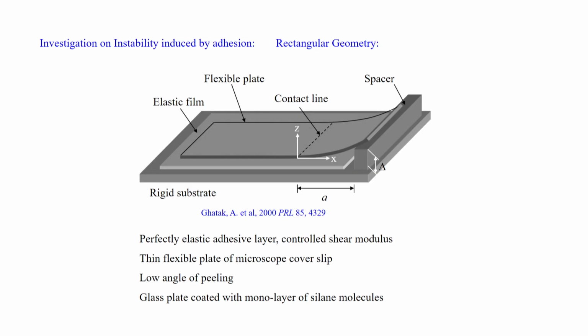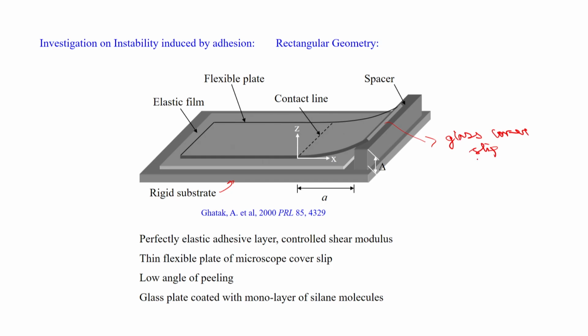I will now go into the instability, or the contact line undulations, that happens. What I am going to present is essentially from my own research, where we investigated the contact line instability that happens in most scotch tape, in a very controlled experiment. We have a rigid substrate, and on it an elastic adhesive film bonded to it. From the top we bring a flexible contacting plate, a flexible glass cover slip,